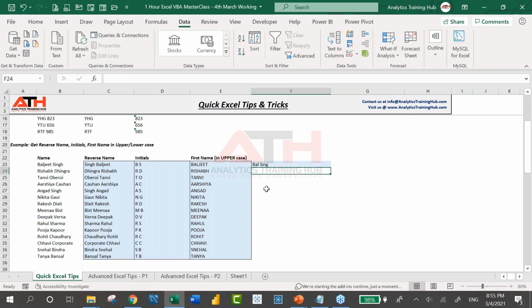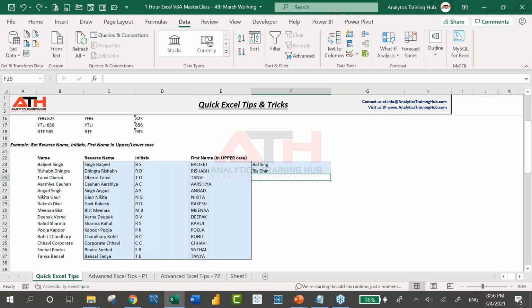Here, what I'm doing is taking the first 3 letters from the first name and 4 letters from the last name. Now when I simply press Control E, you see that this feature is not giving me the right answer or the correct output. Why? Because not every name has 3 letters in the first name and 4 letters in the last name.